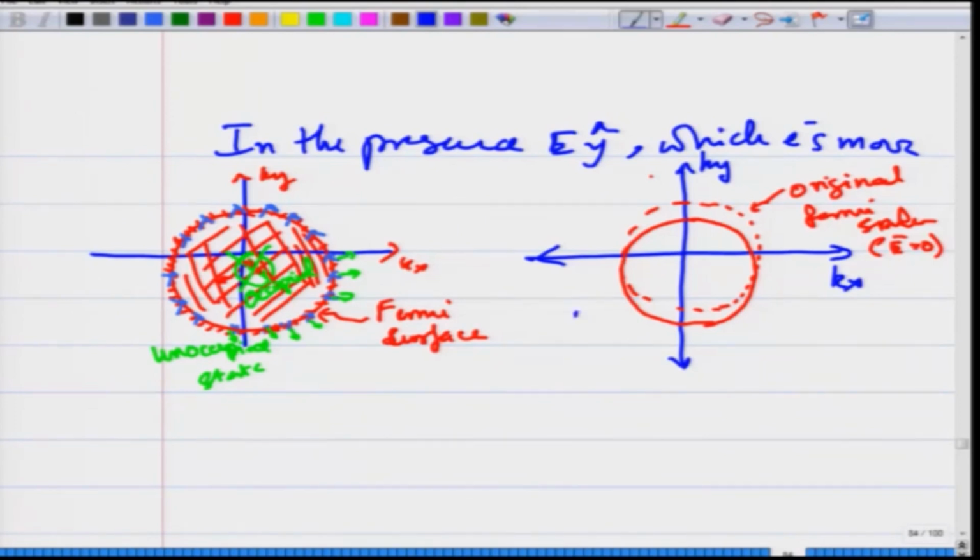Originally the center of mass momentum was here. Originally, if you look at the center of mass momentum, PCM was 0 when the electric field was 0. Because of the electric field, because of the net drift of electrons, there is a net drift of electrons in the minus ky direction. Because I have applied an electric field in the plus y direction, there is a movement in the minus ky direction. There is going to be a net drift of the electrons downwards. So, now the center of mass PCM, this is the new position of the center of mass which develops,